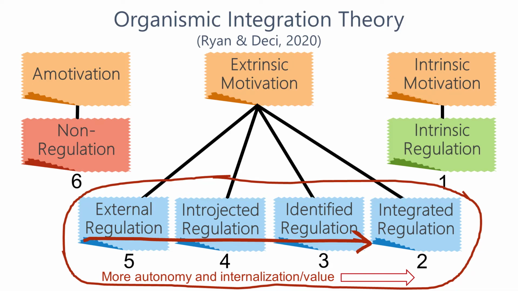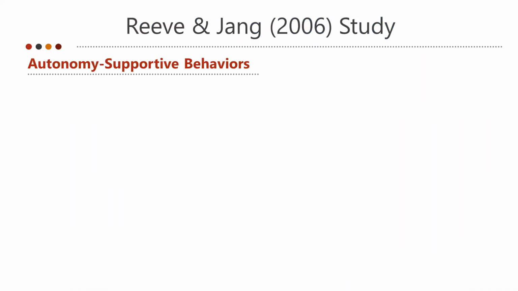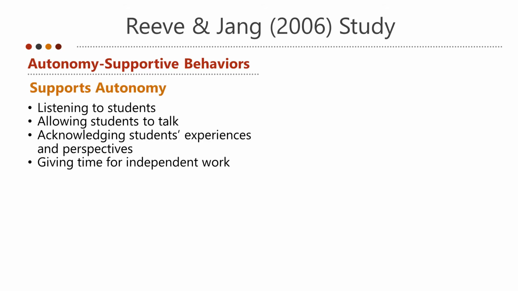When teachers facilitate internalization, self-determination researchers call this being autonomy supportive. Autonomy supportive teachers meet students' need for autonomy, but they also do other things. For example, Reeve and Jang did a study and found the following autonomy supportive teacher behaviors were correlated with students' perceptions of autonomy: listening to students, allowing students to talk, acknowledging students' experiences and perspectives, giving time for independent work,